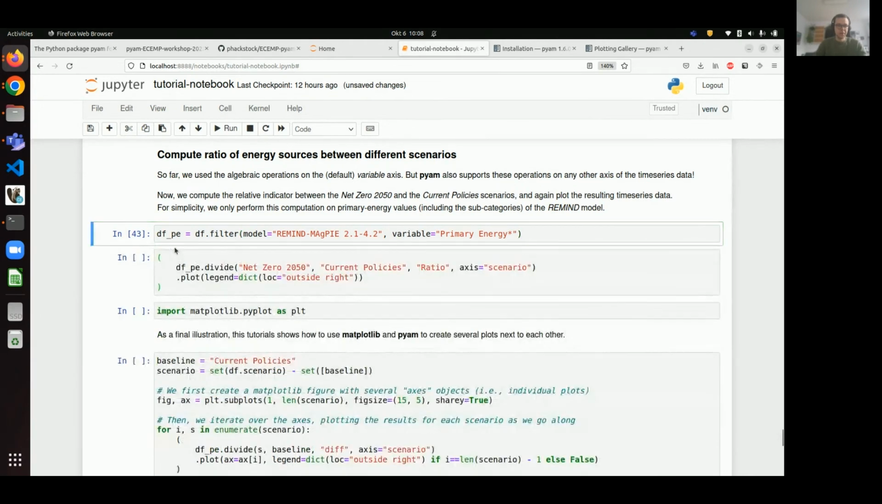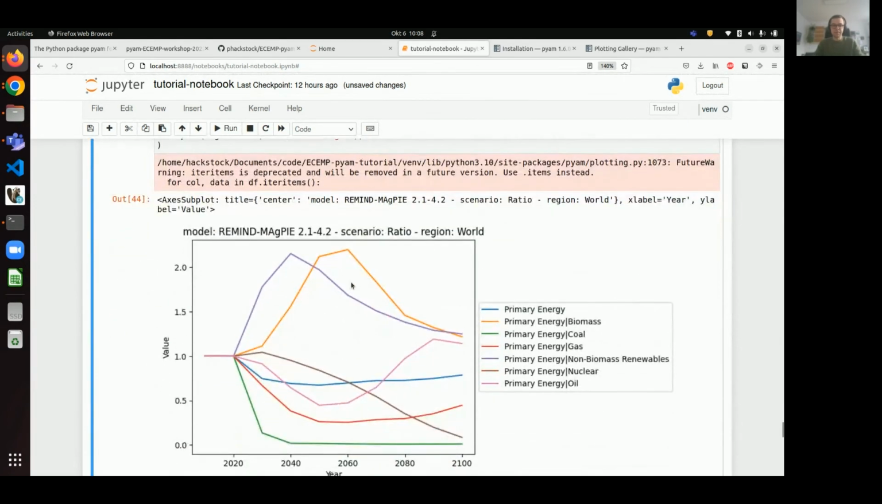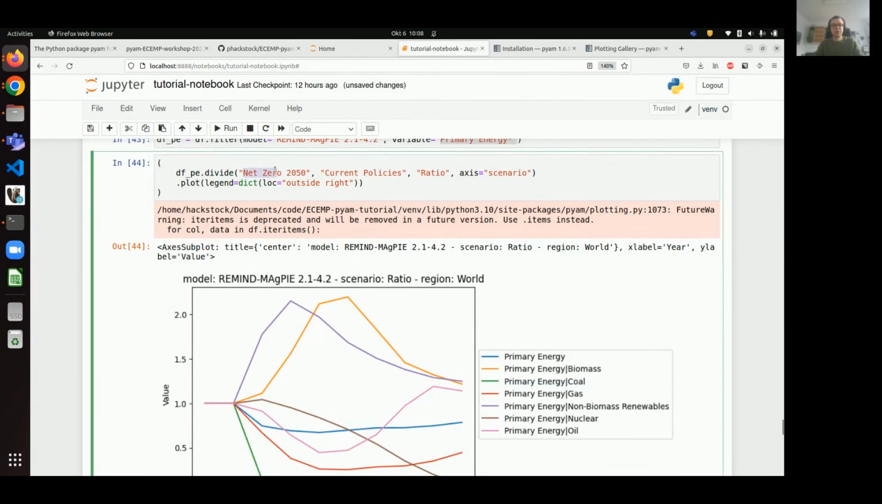So moving on from there, we can divide the net zero values, 4 in our case, all of these energies, by the current policies values. We call that the ratio, and we do that along the scenario axis. What that gives us is the ratios for all of these energy variables, in a sense of the factor between what we need to achieve in the net zero and where we are currently at. And not surprisingly,